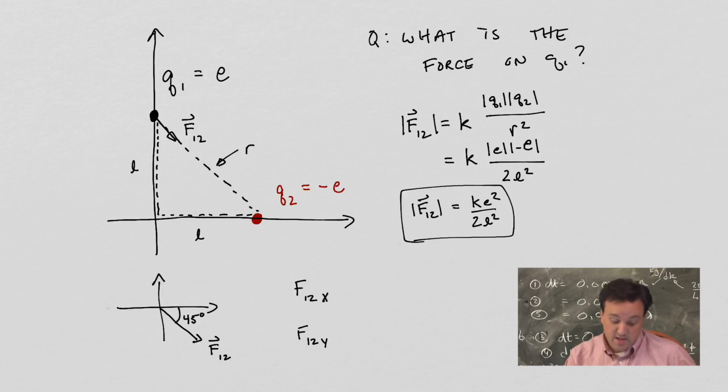Now, I should say that whenever I do a problem like this, I always have to write SOHCAHTOA somewhere on my page, because SOHCAHTOA reminds me where the sines and cosines and tangents of any angle that I'm looking at are. Some people are afraid to write this down because maybe they think we all know it instinctively, or it's something that every good physicist should have memorized. But in reality, it takes 2 seconds to write down in the corner of a page, and it always helps us make sure we get all of our trigonometric functions right. And so in between my two diagrams here, I'm just going to sneak in a